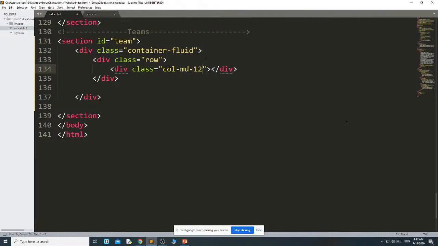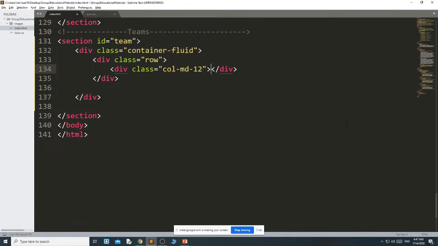If it is in medium screen, it is taking 12 columns into one column, then obviously in small screen also it will merge 12 columns into one column. If you want to maintain the same thing in small screen and extra small screen, then no need to type it. But if you want to display it in a different way in small screen and extra small screen as compared to medium screen, then you have to specify that.